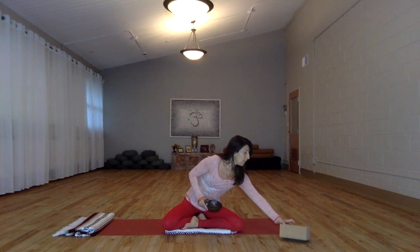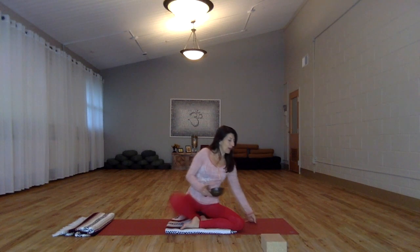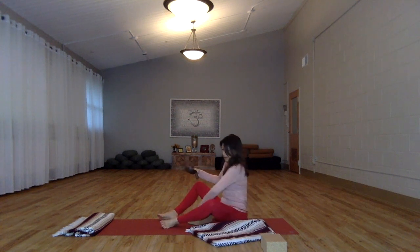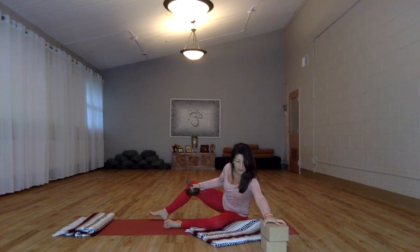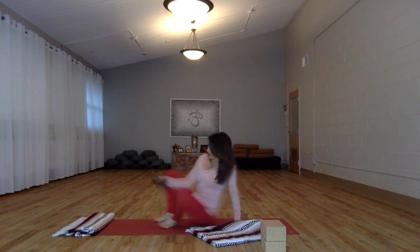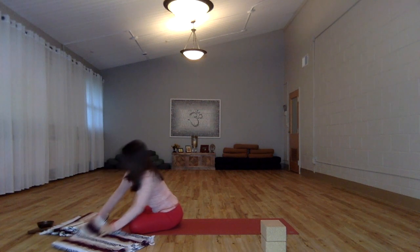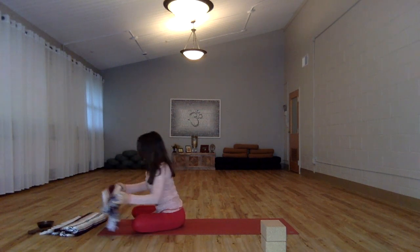You would like to add a block, 2 blocks ideally, 2 blankets as well, if possible. Otherwise, we'll make do, so don't worry. And when you do have those props, take them a little bit out of the way, but within reach. I will bring my blankets, my blocks out to the side like so. I'll take my blankets back behind me so that there's room for you to spread out a little bit,